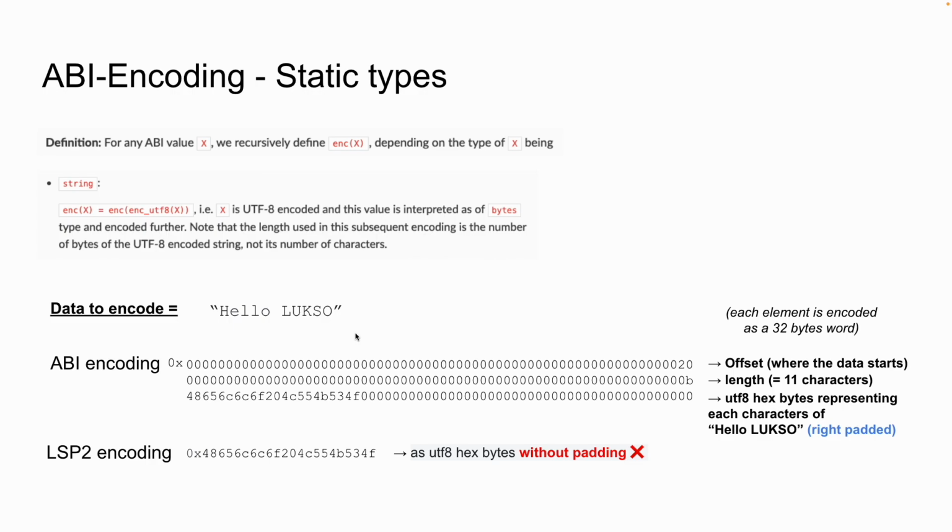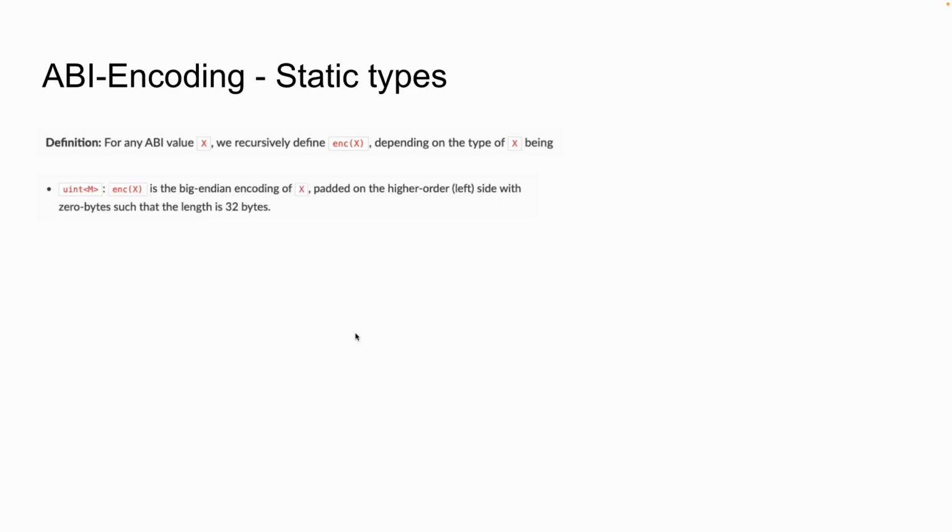Okay, now let's look at the next type. We are now going to look at unsigned integer. So an unsigned integer, according to the ABI encoding format, is the big-endian encoding of the value x, padded on the high order left side with 0 bytes, so that the length is 32 bytes. What does that mean? Let's take an example where we use the number 42 as a uint, and we use